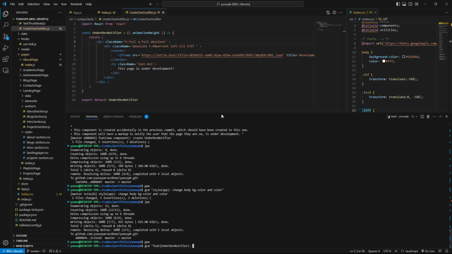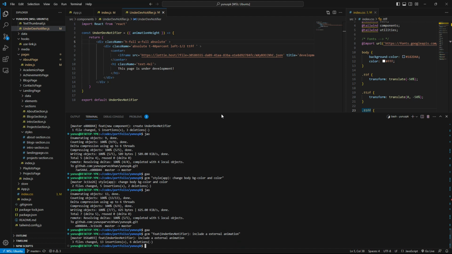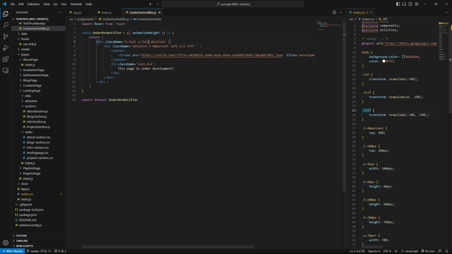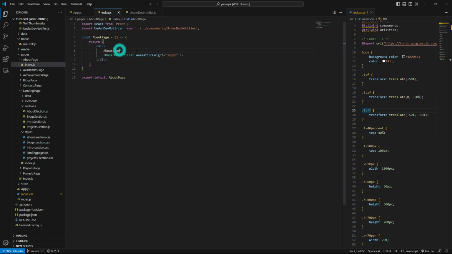Okay, so we're gonna have include external animation. Just that, nothing else. Now in this commit, we're gonna use this thing in every page.